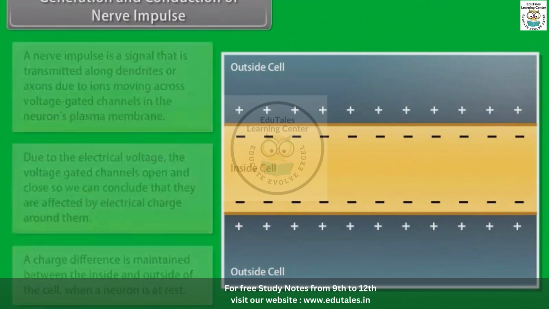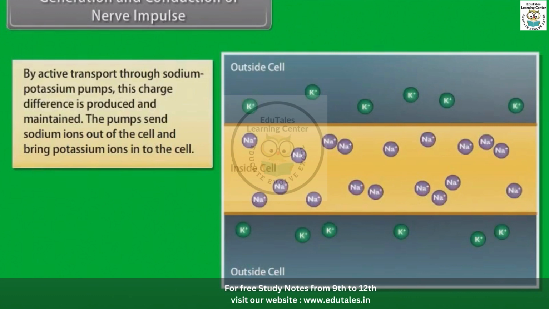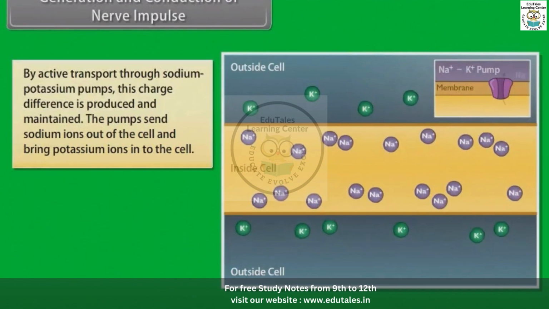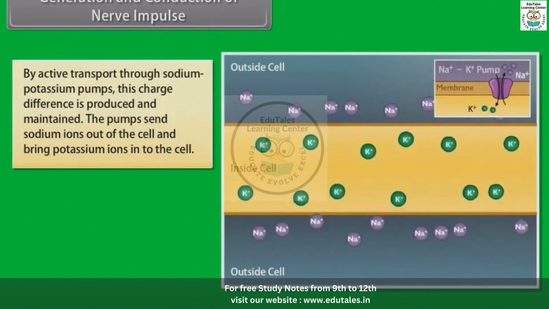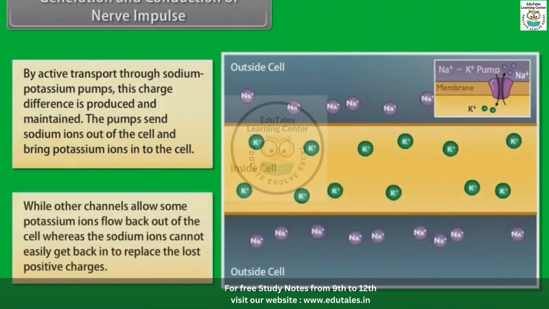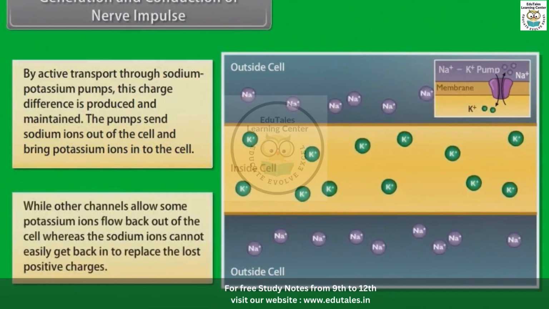A charge difference is maintained between the inside and outside of the cell when a neuron is at rest. By active transport through sodium-potassium pumps, this charge difference is produced and maintained. The pumps send sodium ions out of the cell and bring potassium ions into the cell, while other channels allow some potassium ions to flow back out of the cell, whereas the sodium ions cannot easily get back in to replace